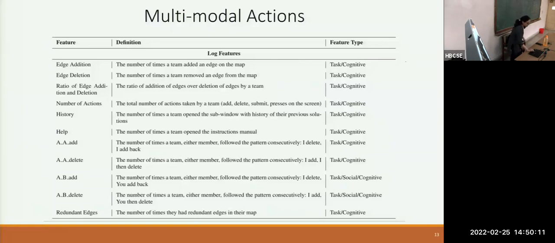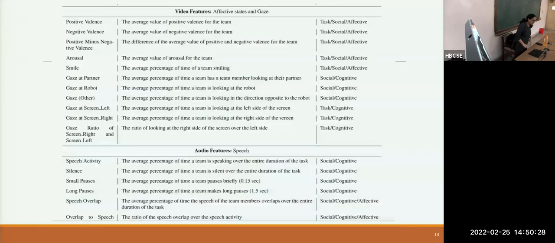So we calculated these as well. And the redundant edges was just the number of times people had extra edges on their map, which is a metric of how well their solution was working, because ideally there should not be any extra connections in the map. And then talking about the video and the audio features, which I already just described,